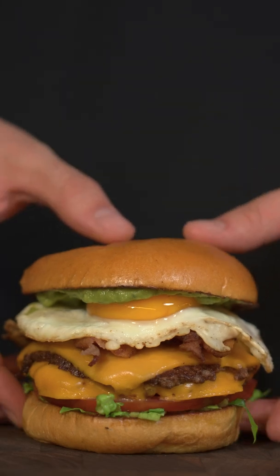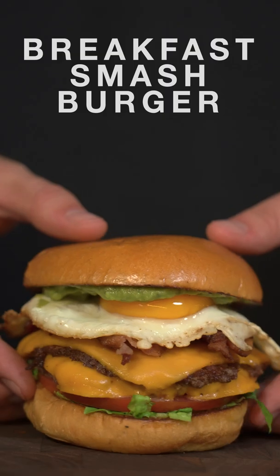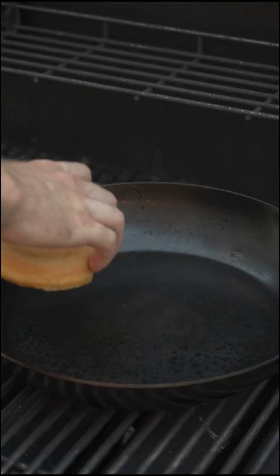Tailgate season is back, so let's celebrate with this breakfast smashburger. Without further ado, you're going to want to get a pan super hot on the grill, and then add in